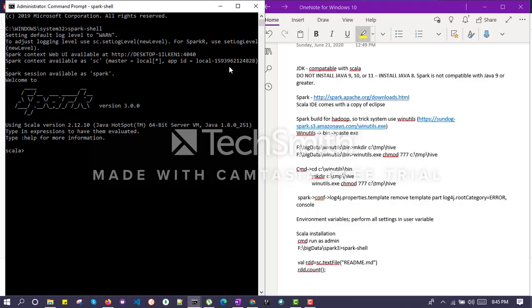See, as I told earlier, we are able to see our Scala command line over here. So if all the installation has been done properly, you will be able to see messages like this one.